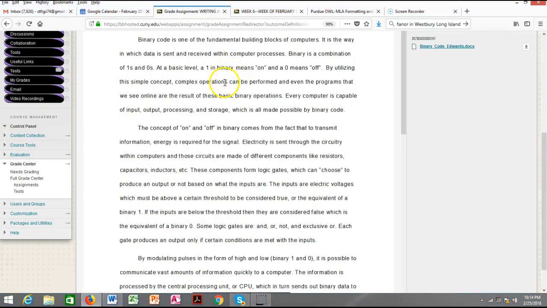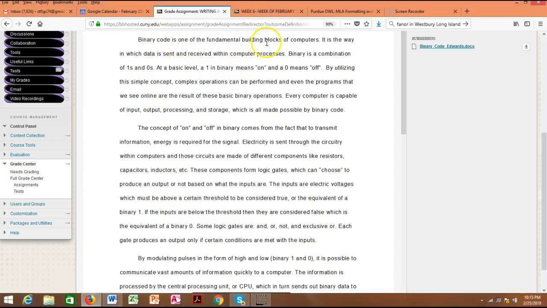Now, the 2 assignments that you had before this were to give you the basis for your first formal writing assignments. These were informal. That's why you did not revise them. But I wanted to get a sense of where your writing is going in a formal setting. Now, notice, remember writing assignment 1A was the topic on binary code. This is the introductory paragraph, and this is from a student in your class for this semester.